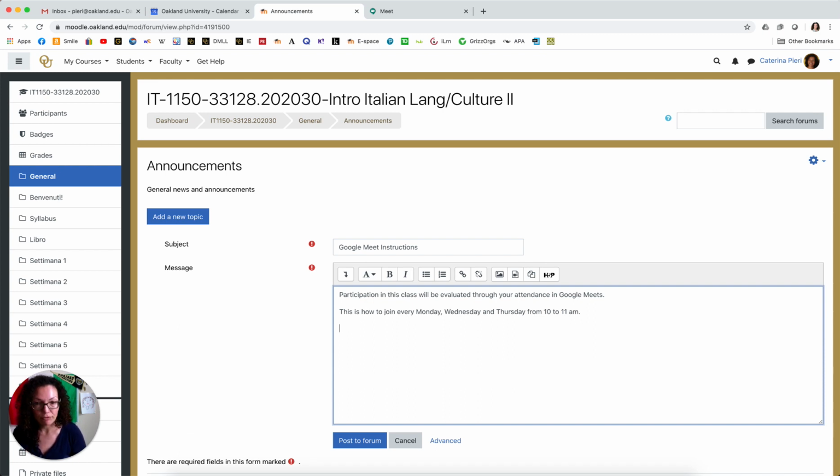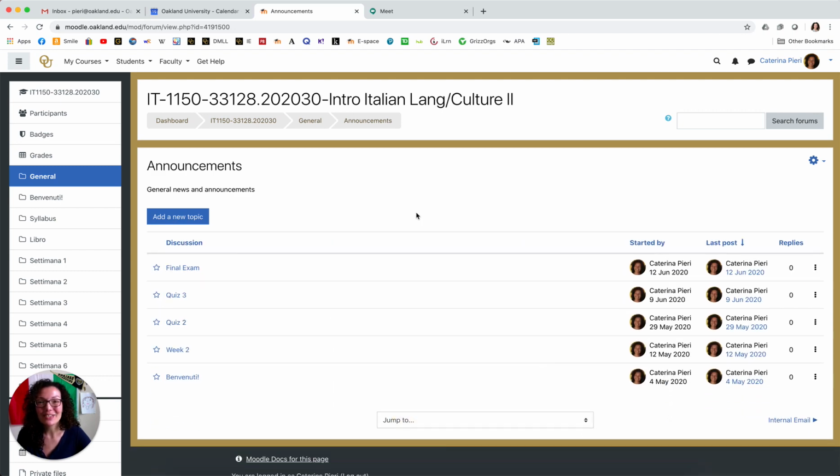And then you can follow by pasting Control V, pasting the link to the Google Meets. All right. So you can post it. I'm not going to do this because this is not real for me. All right, so I will just cancel.